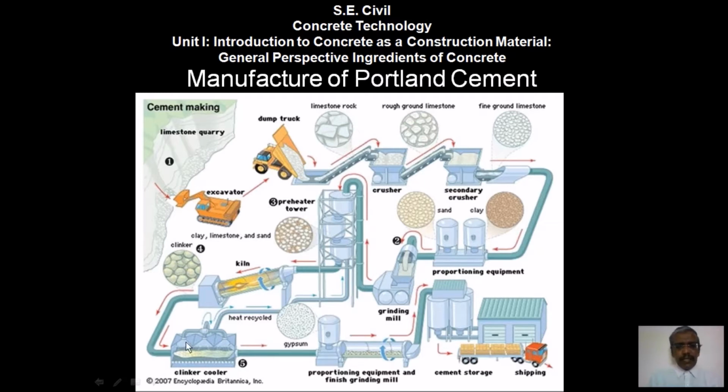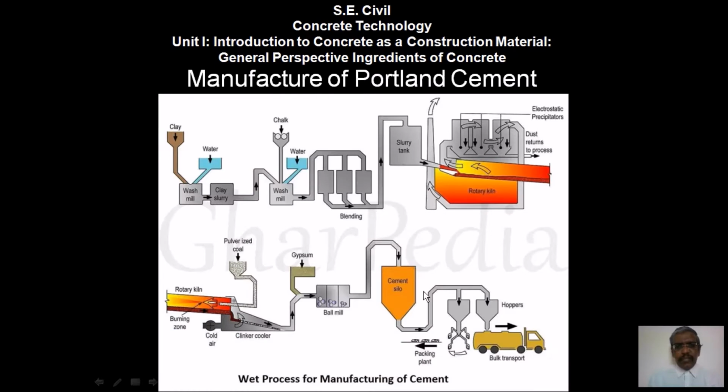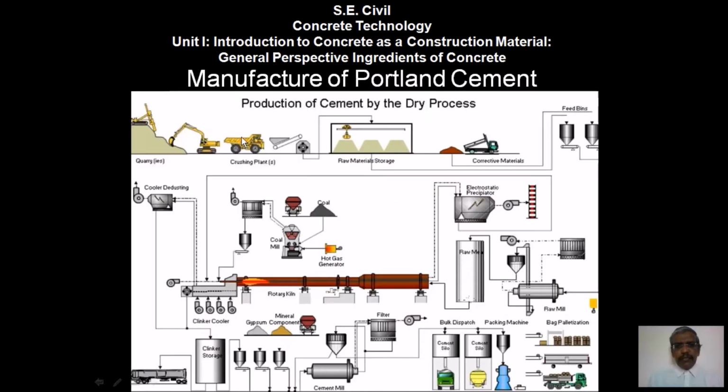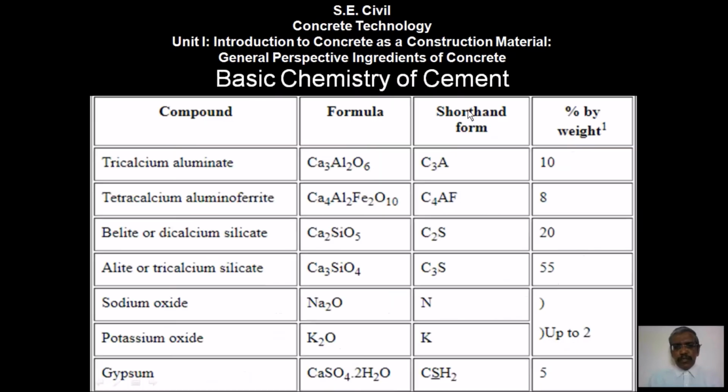At high temperature, the clinker will be formed, the solid black colored mass. Then it is ground to the fine particles that are called the cement. It is stored in the silos or it is conveyed for transportation. Here the figure is for the wet process of the manufacturing plant. This is the figure to show the manufacturing process of the cement by dry process.